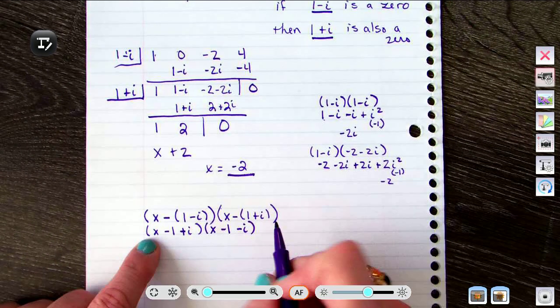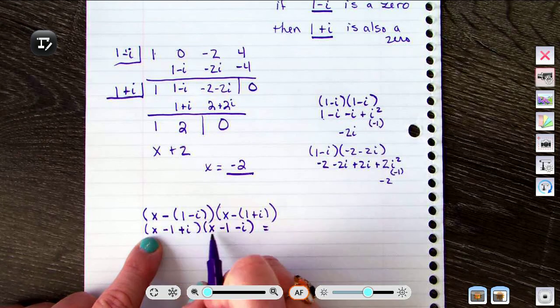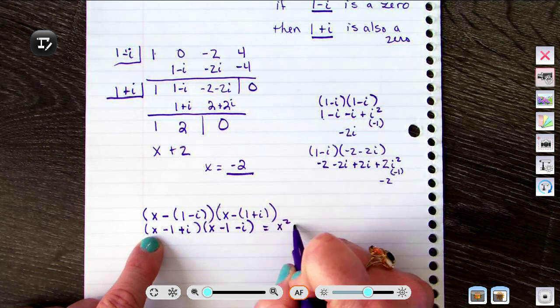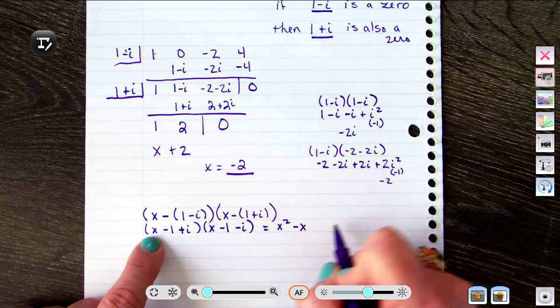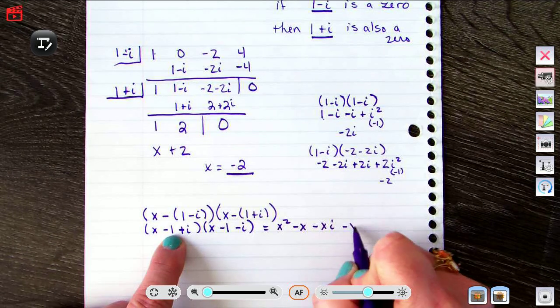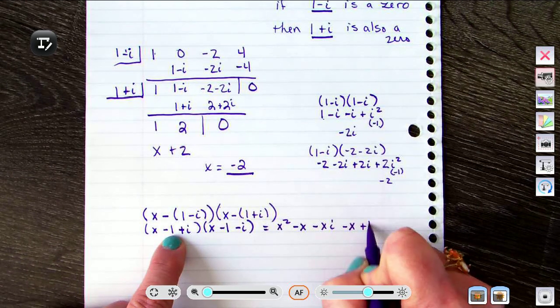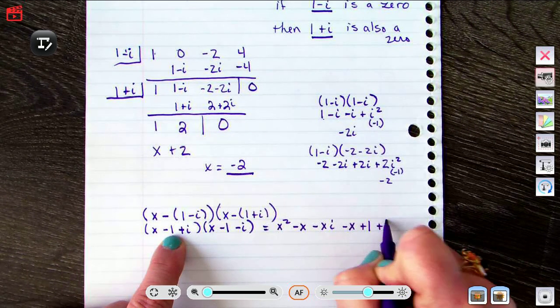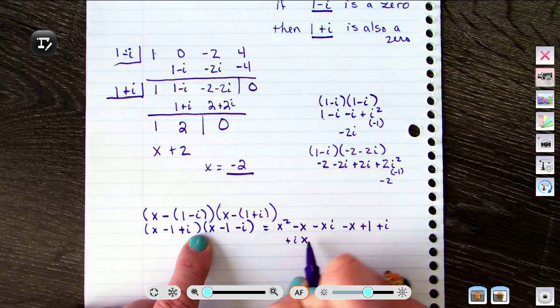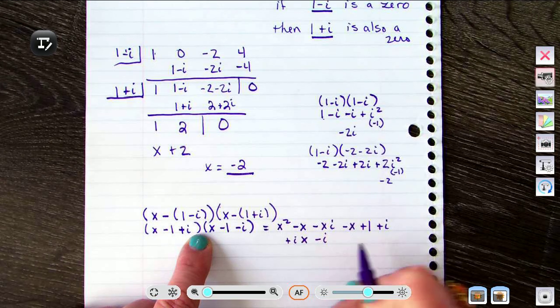Okay? And I'm going to go slow. So the x times the x gives me x squared. The x times the 1 minus x. This gives me a minus xi. Moving into the next term. Minus x plus 1 plus i. Moving here. Plus ix minus i